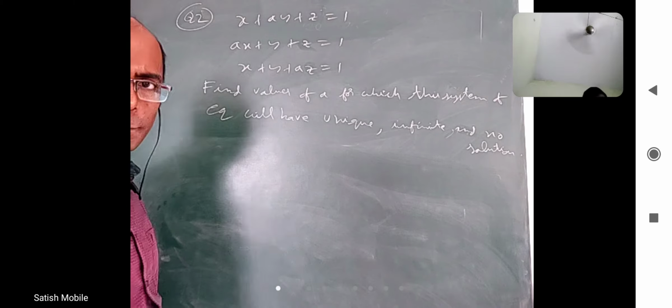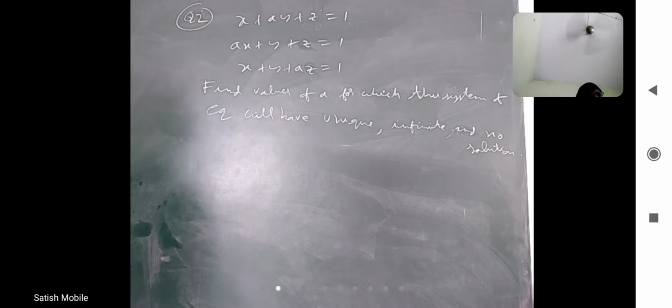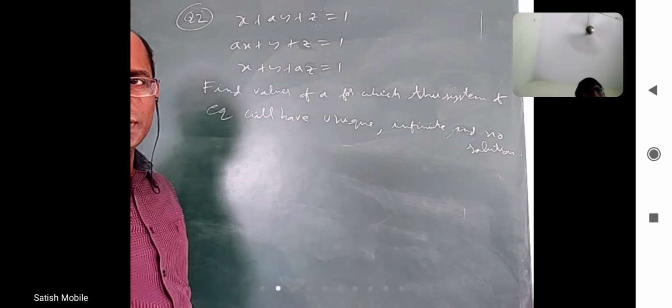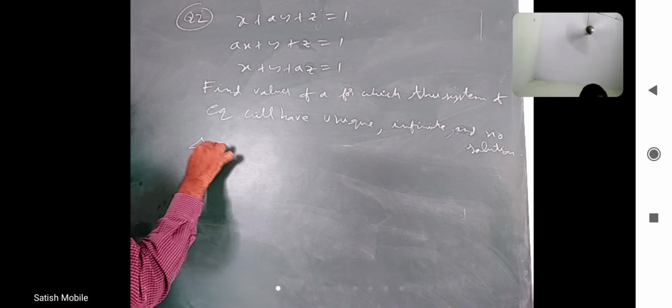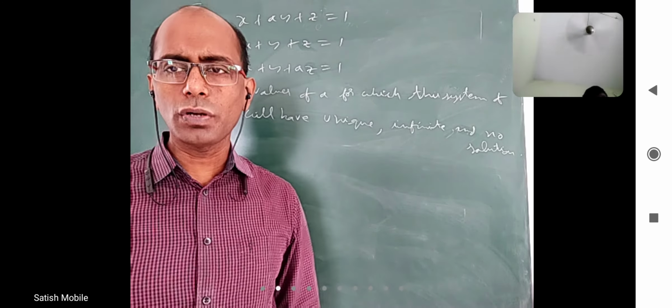No, that only we have to think carefully. So whenever they ask this kind of questions where numbers are not given, some a, b, c kinds of things are given, what to do? First thing you have to find is delta. Even in any question, first you find delta. Because if delta is not equal to 0, obviously you get a solution, right?